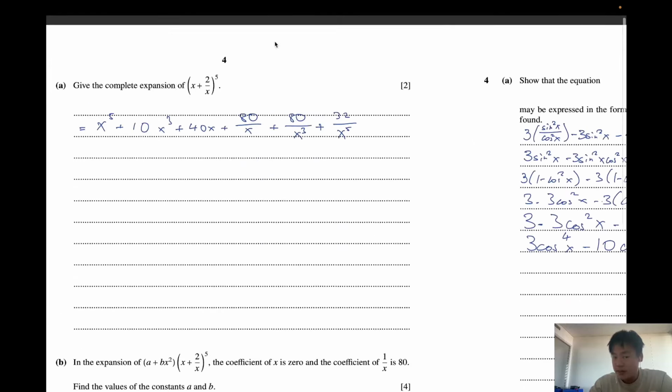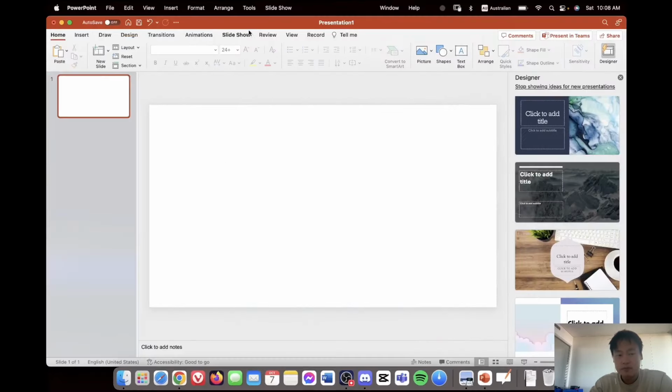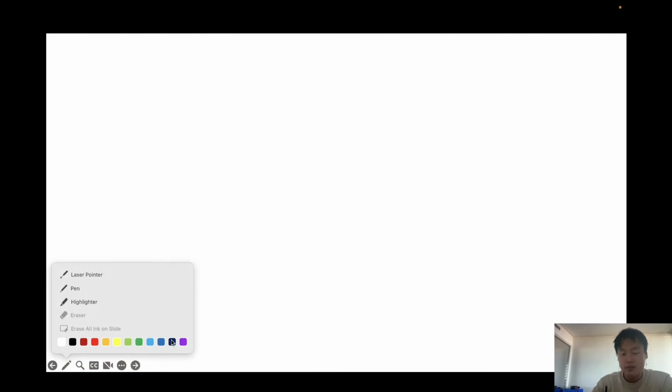This one is just binomial expansion. Remember the basics of binomial expansion over here? Let's take a quick detour. Do you recall that if this is your expression, x plus 2 over x, to the power of 5, if you have